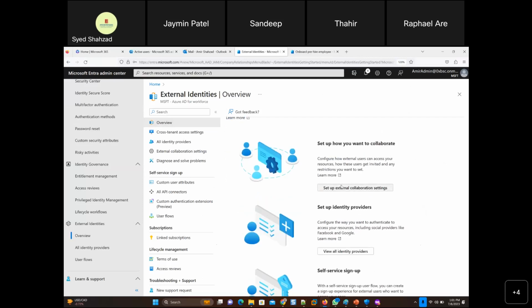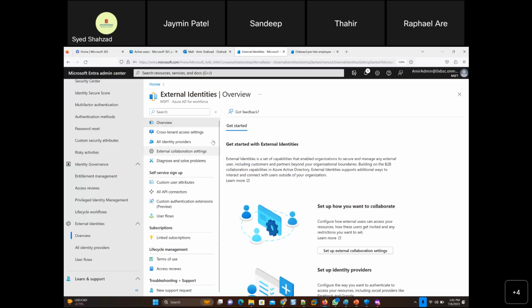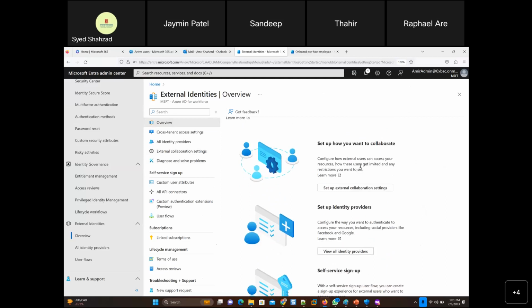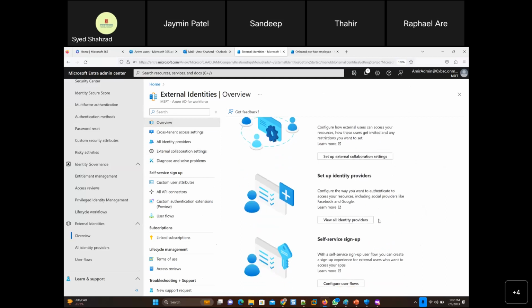Okay, so if I go back here, get started with external identities. We were talking about an overview. So set up, that's one scenario. You want to invite other users, just send them a guest invite. What about set up identity providers? Now you want to connect to Facebook. Suppose some company has a Facebook business and they have thousands of users there, and those thousands of users want to connect to your Active Directory. Suppose there's a company with Google G Suite and they have hundreds of users there. Then how do you connect Google to your Microsoft 365?